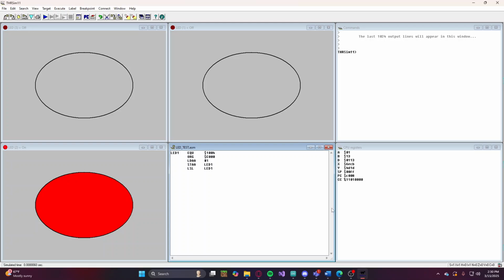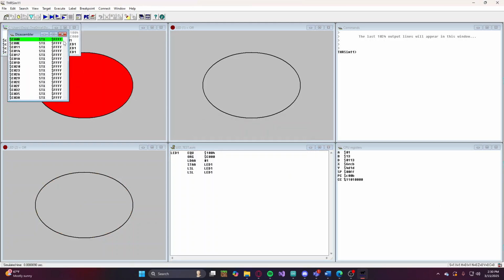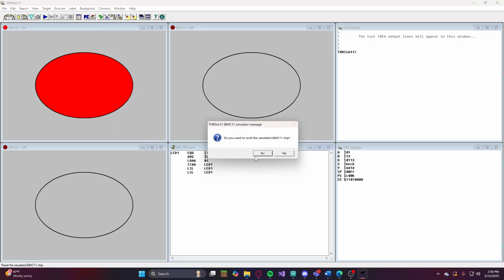So what I think, in order to do it again, you can just do LSL LED 1, because then it would shift wherever the LED is right now and shift it over again. So it should go to 3. As you can see, it does that. So if we reset the circuit,